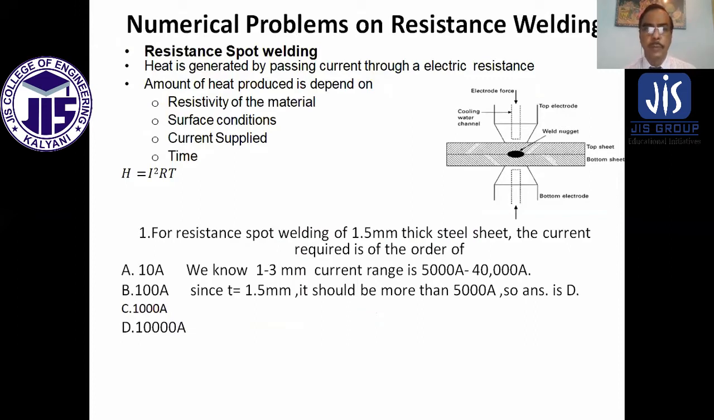Numerical problems on resistance welding. Resistance spot welding is a solid state welding process that I already discussed in the previous lecture. In this welding process, two electrodes are connected on the lap joint of two plates, say of thickness T plus T, and the heat is generated by passing current through the electric resistance through the electrode,